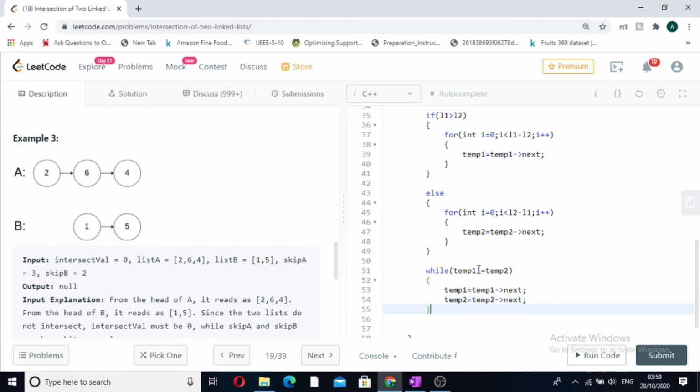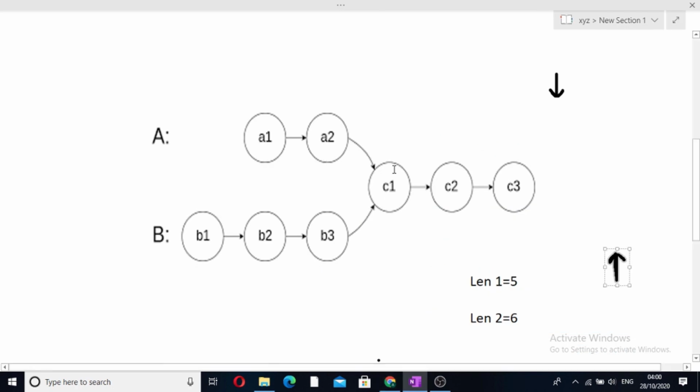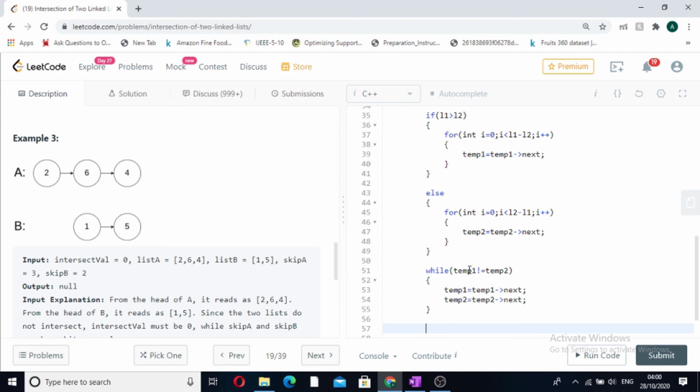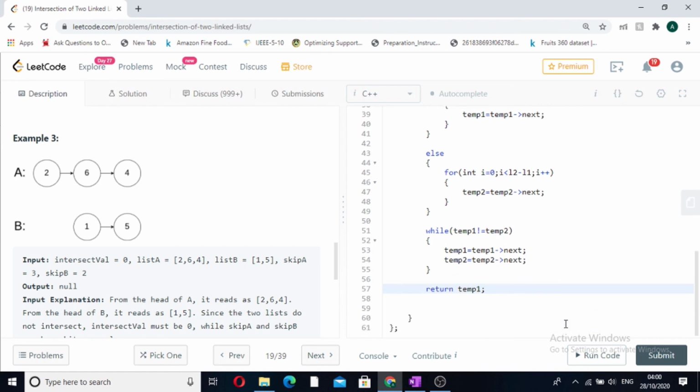After the while loop temp1 and temp2 will become equal. Why equal? Because if the intersection is found, then they have become equal, and if the intersection is not found, then temp1 and temp2 have both become null. So we'll simply return temp1 from here, or you can return temp2 also.